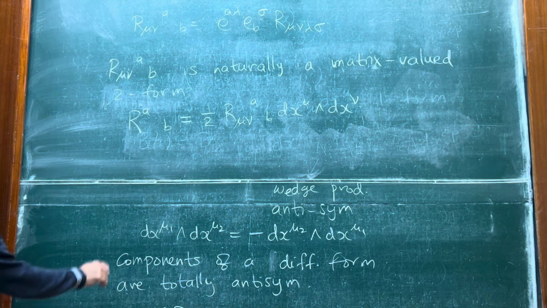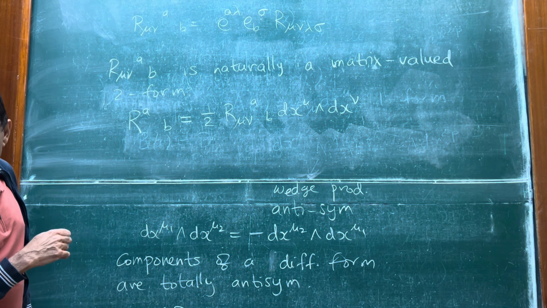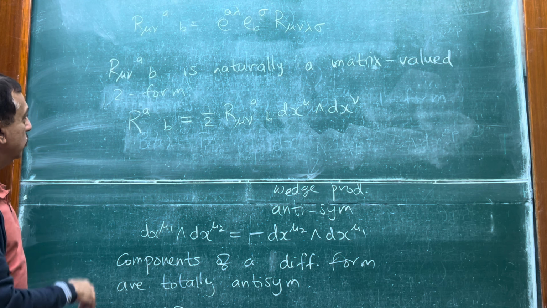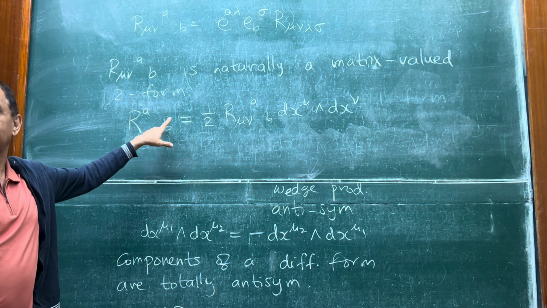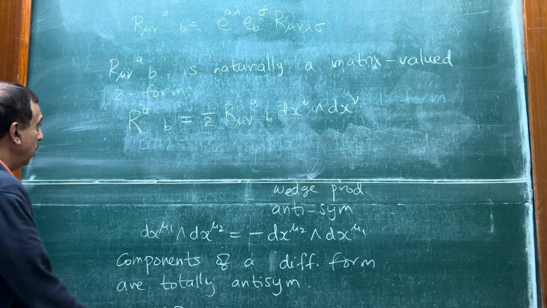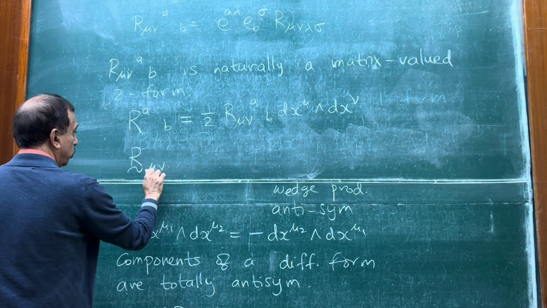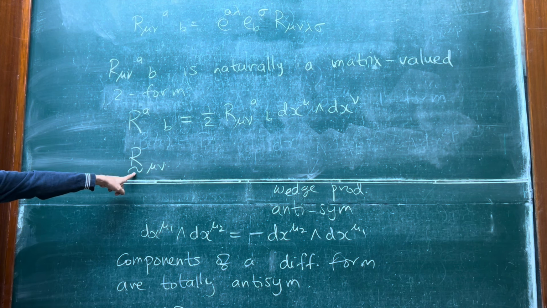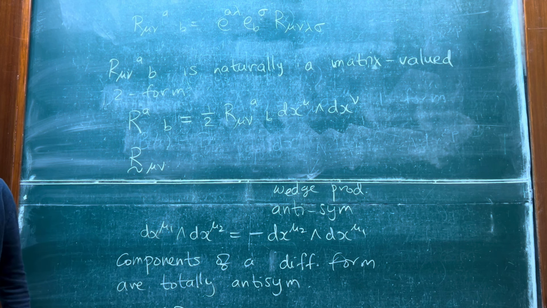Now we can ask the question. So this is one notation where I show the indices A and B and I hide the indices mu and nu. I can also use this notation where I show the indices mu nu and the indices A, B are matrix valued. Now those of you who do know Yang-Mills theory will realize that this notation makes it very similar to the Yang-Mills field strength,